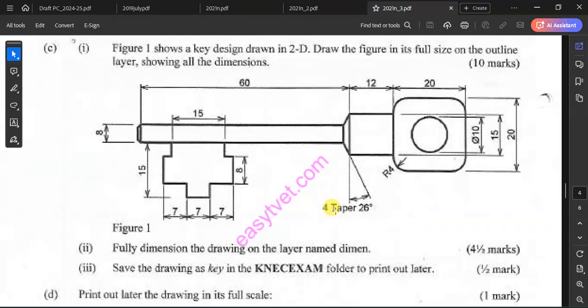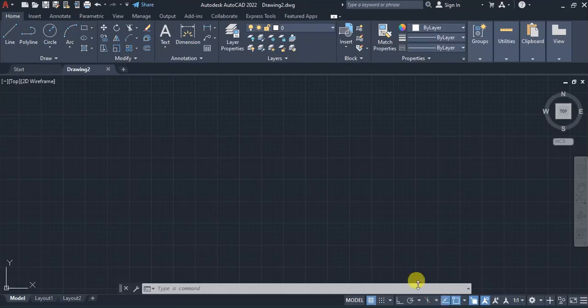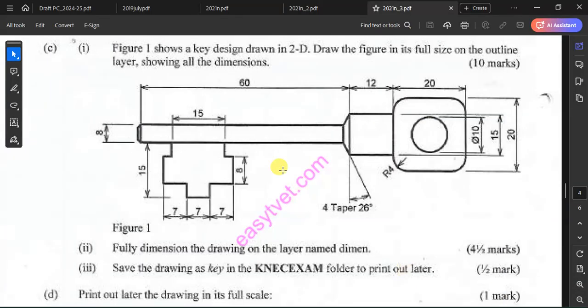Hello everyone, let's attempt this exercise, a 2D exercise. So I have my CAD 2022 open and I wish to begin with this particular line, a distance of 60. Then I'll have it offset downwards, distance of 8. Then I'll also obtain these two lines. Then next up, this particular